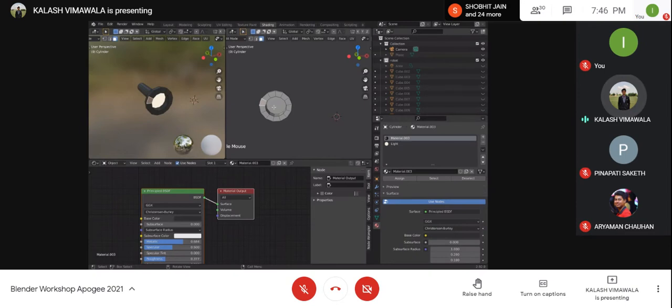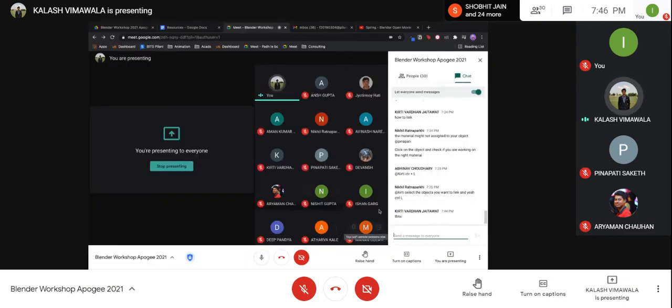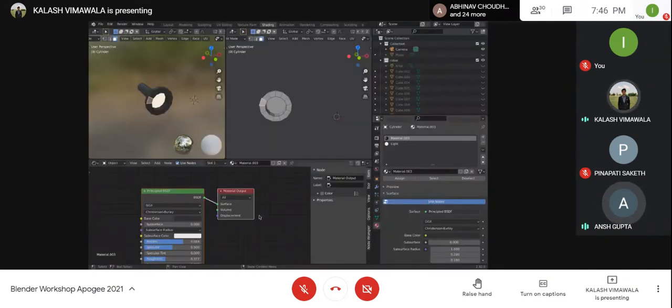So I'll just give you guys a minute to work this out and ask if you have any other doubts. Yeah, what is actually a node and why are we using it? Oh, sorry, why are we using what? Nodes, when we can do all of that in the properties tab and all. Why are we using nodes?